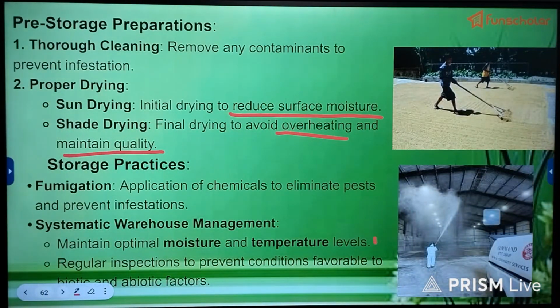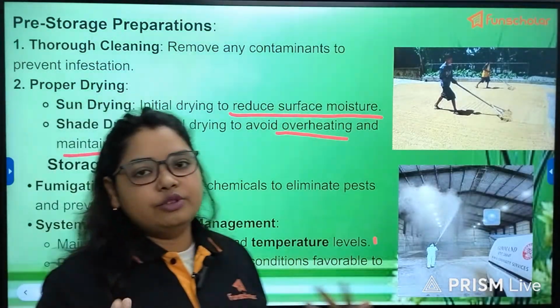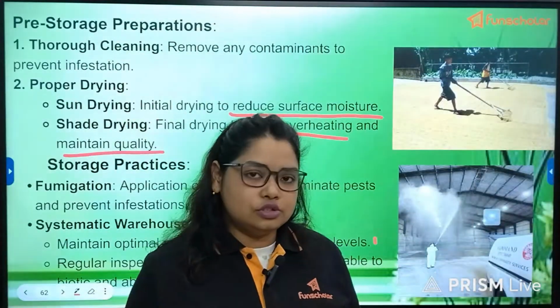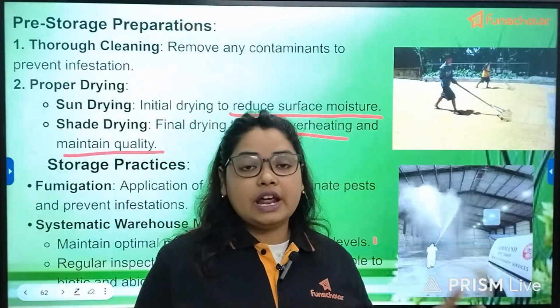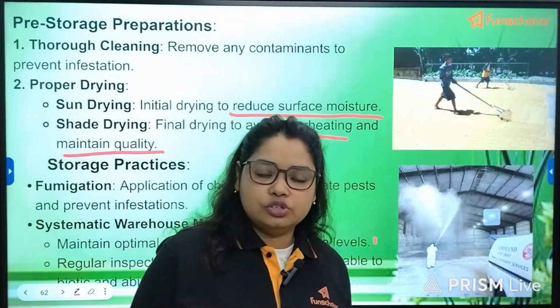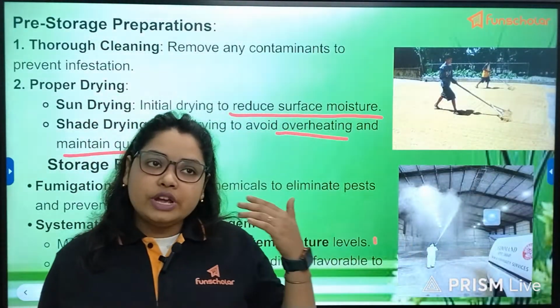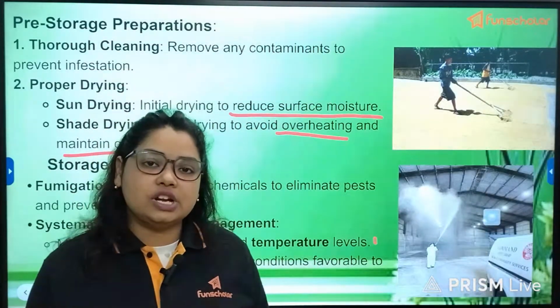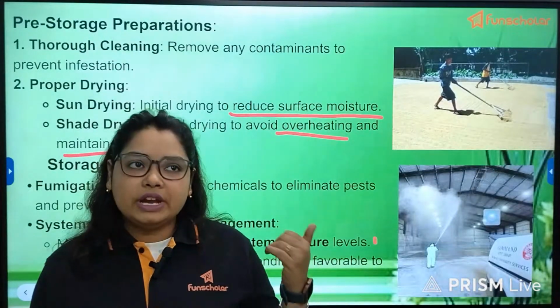Then in storage practices, that means when we have stored the grains, during that stage what we can do is fumigate so that the grains are not infested with pathogens, and we can work with systematic warehouse management. Time to time, it's not that once we have stored the grains we forget, and again, when we need the crops, we go and visit the warehouse or the cold storage or the granary. Granary is the place where the grains are stored, or the silo. So we need to check from time to time and maintain all the factors which are necessary to maintain the quality